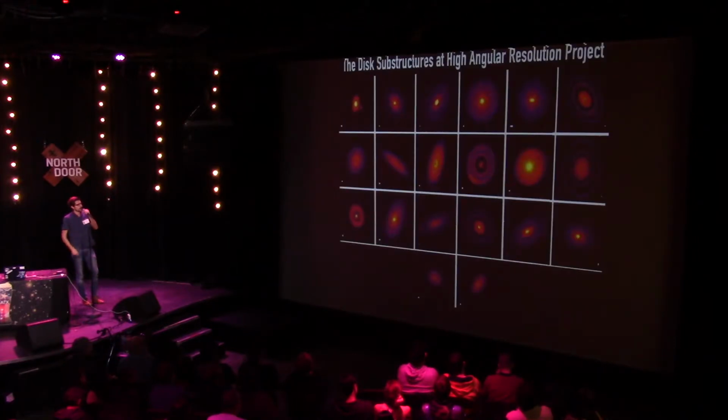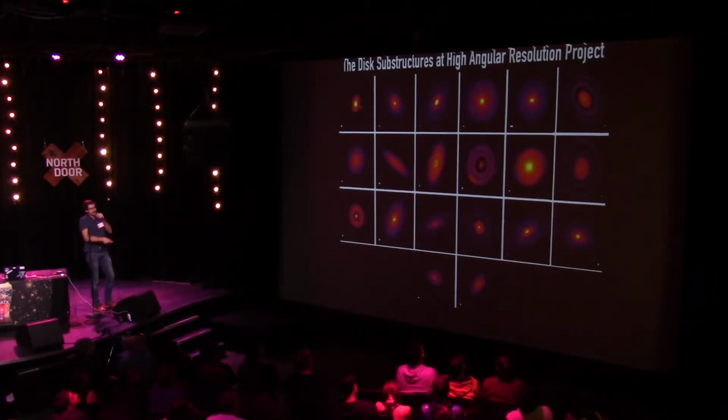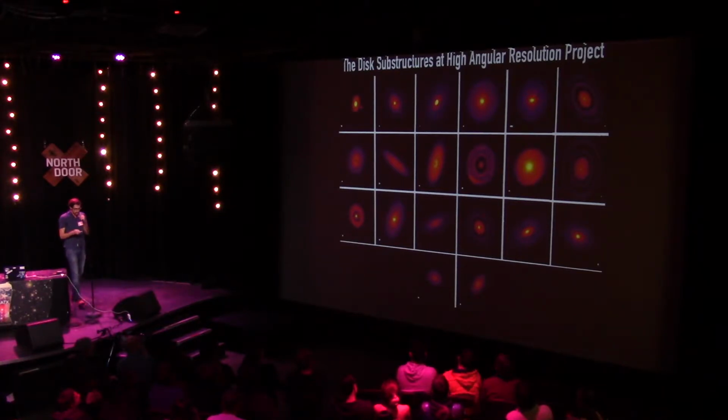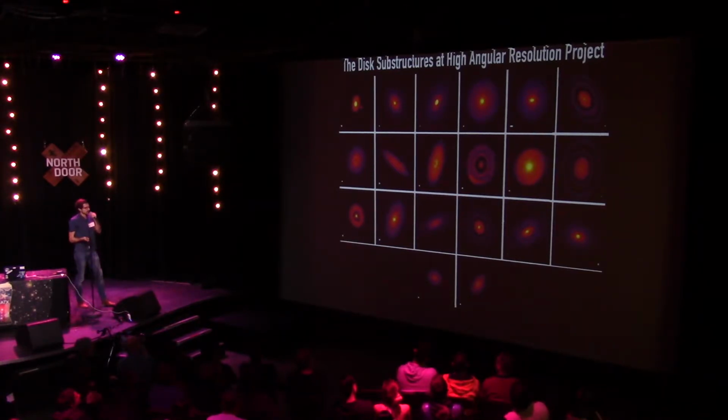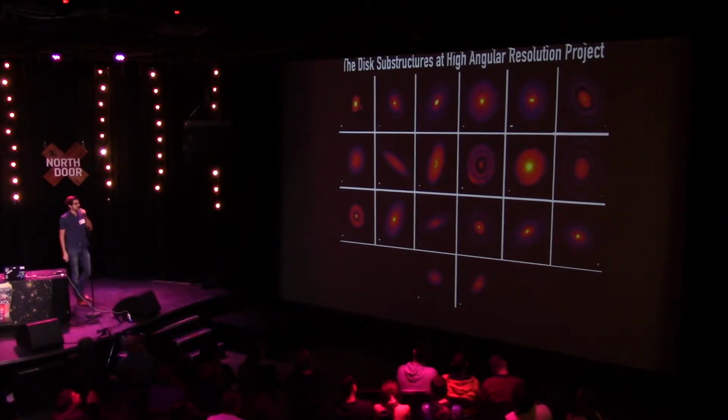Okay, so returning to our gallery, the main thing that we're after is, I want to be able to look at one of these disks and say, oh, okay, there's a gap here. Can I say that there's a planet in that gap? Or, there's a ring here. Can I say that there's a planet forming in that ring? That's really what we're after. And so to answer that, we kind of have to walk through our idea of how we think planets are forming. So the story is a pretty simple one,